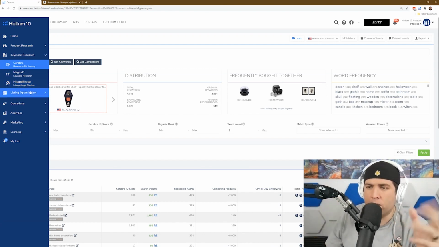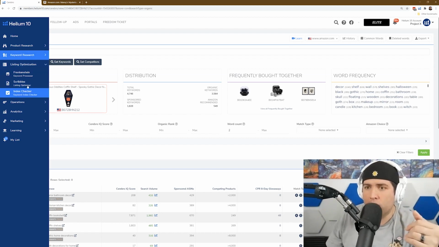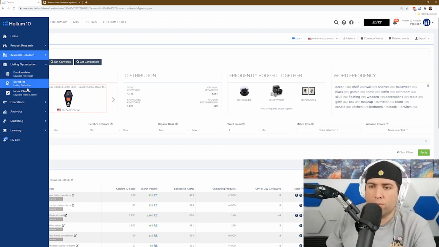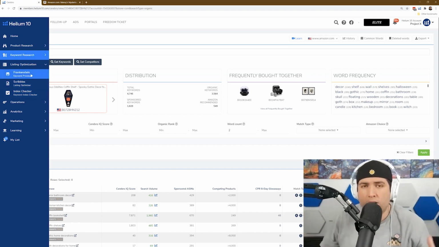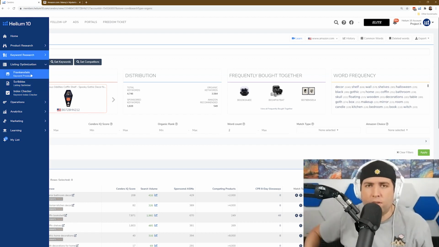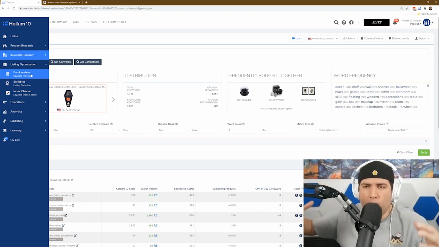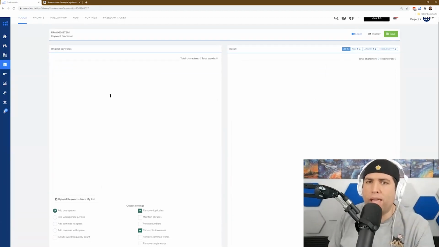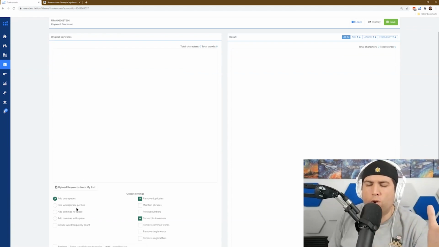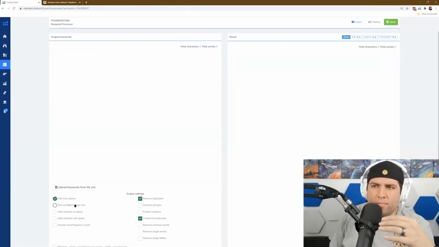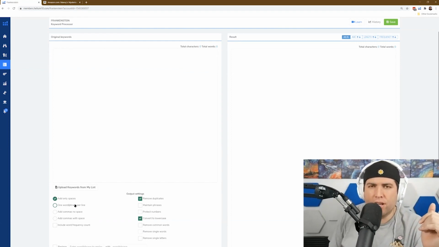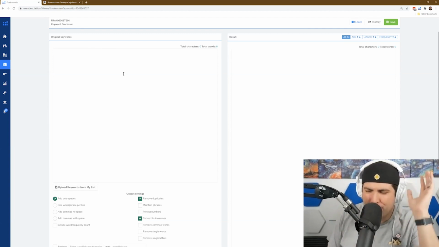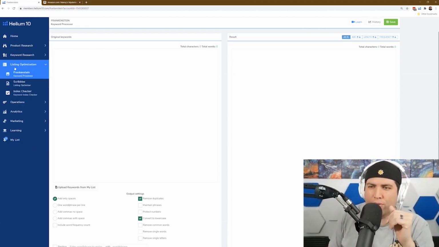We've got that information. We have our listing optimization tools: Frankenstein, Scribbles, and Index Checker. Frankenstein is just a keyword processor. I can just paste thousands of characters and words, and with one click take away duplicates, or add a comma or take away a comma or take away ASINs or things like that. I can make them one word or phrase per line. Some people in college have even said that they paste their essays here so they can see how many characters and things. I mean, people have all kinds of crazy uses for our tools.